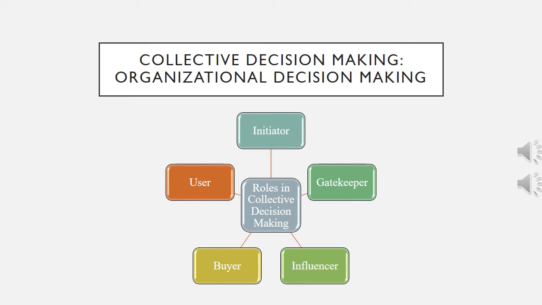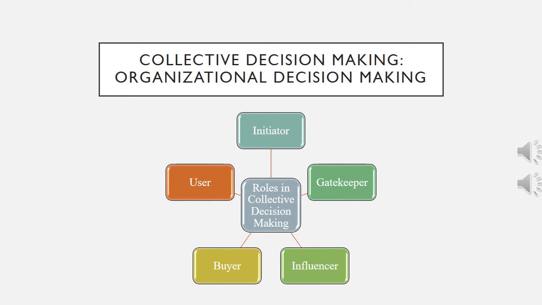Collective decision making is a situation in which more than one person chooses the product or services that multiple consumers use. Depending on the decision, the choice may include some or all of the group members, and different group members play important roles in what can be a complicated process. These roles include the following. First is the initiator. It is the person who brings up the idea or identifies a need. The gatekeeper. It is the person who conducts the information search and controls the flow of information available to the group.